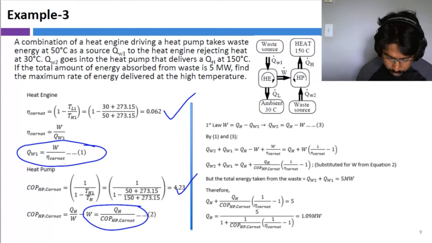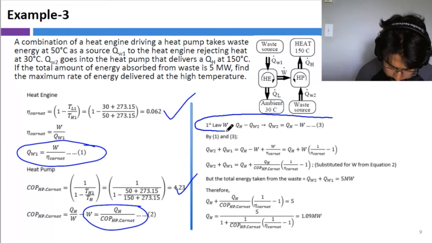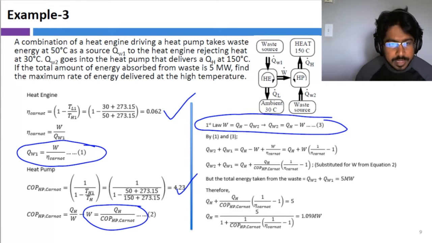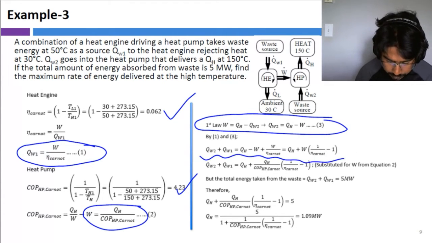And from these equations, we can apply the first law equation here. This is what I did in the previous slide. And from 1 and 3, we can get this relationship,